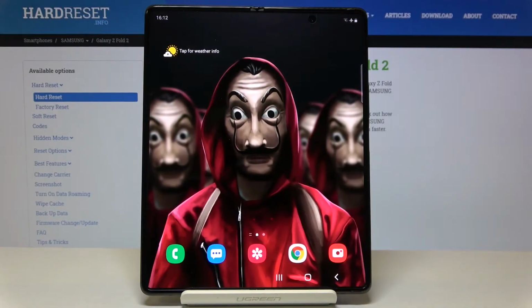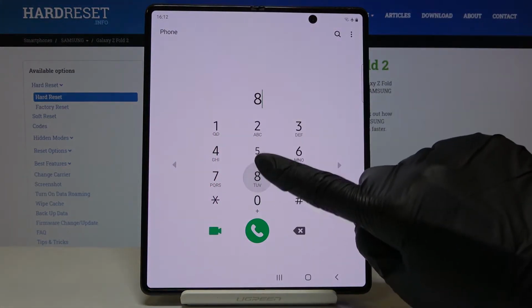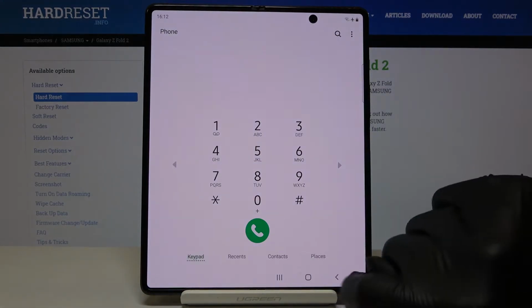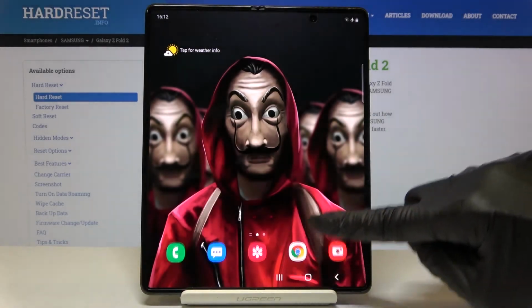In front of me is Samsung Galaxy Z Fold 2, and let me show you how to turn on or off dial pad tones on the following device. So first of all, you have to open the phone dialer, and as you can hear, right now it is active. So let me remove all the digits, and if you would like to deactivate this sound, just open list of